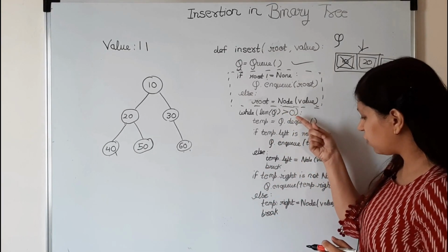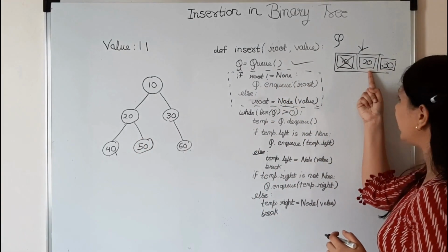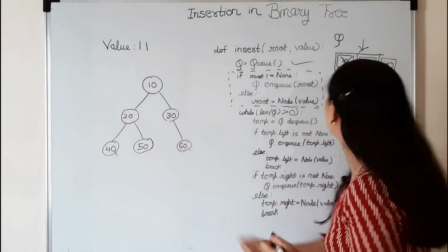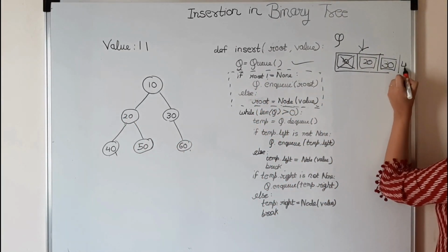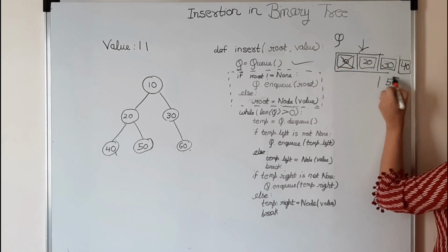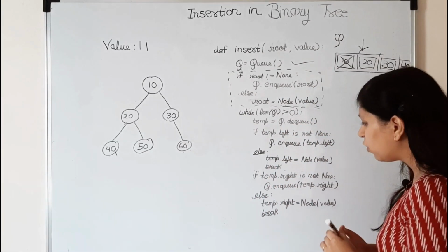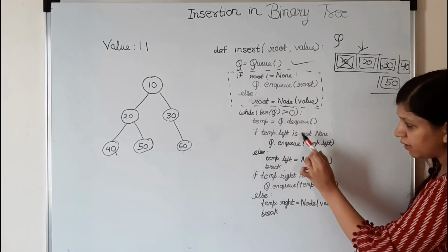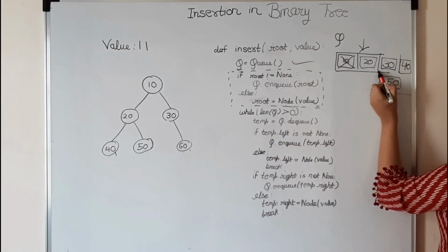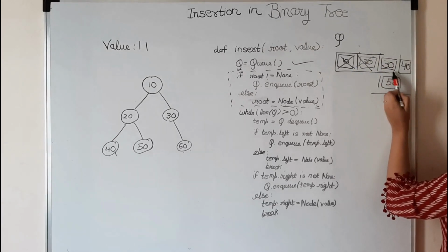Now again in this loop, the next element is 20, right? We'll dequeue 20. So 20 has got both left and right. So we'll push 40. There's no space, I am pushing it here. This is the continuation of this queue. So we are inserting all these elements. Now again the loop comes here. See the code carefully. Now your temp is what? This node. 20 is already dequeued. So the next node is 30. This.